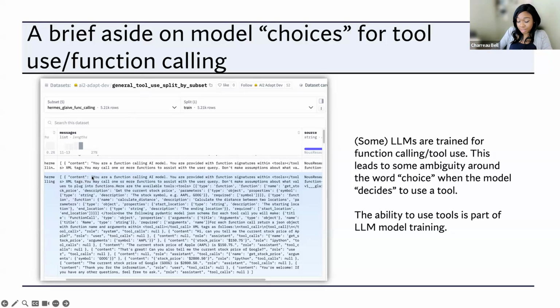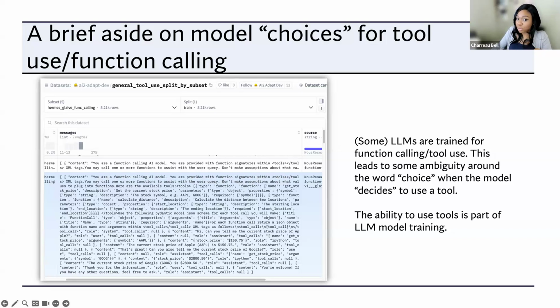And so again, this is training data for the LLM. So when we're training it to use tools, this is how we're training it. You can see that we have part of a prompt here. We said you're a function calling AI model, and we have these tools that we're going to provide, and they're going to be inside.